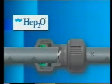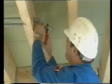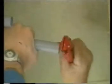As with any system, to ensure a secure joint, the correct procedure must be followed. Hep2o components are marked to indicate the appropriate pipe size for ease of identification. The pipe itself has depth insertion indicators along its entire length. It should be cut square using the special Hep2o cutter, normally at a mark, and a support sleeve is inserted